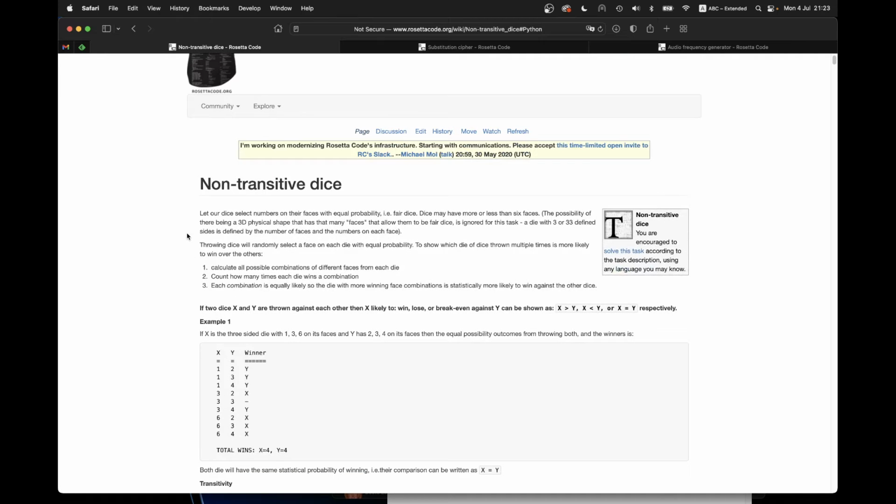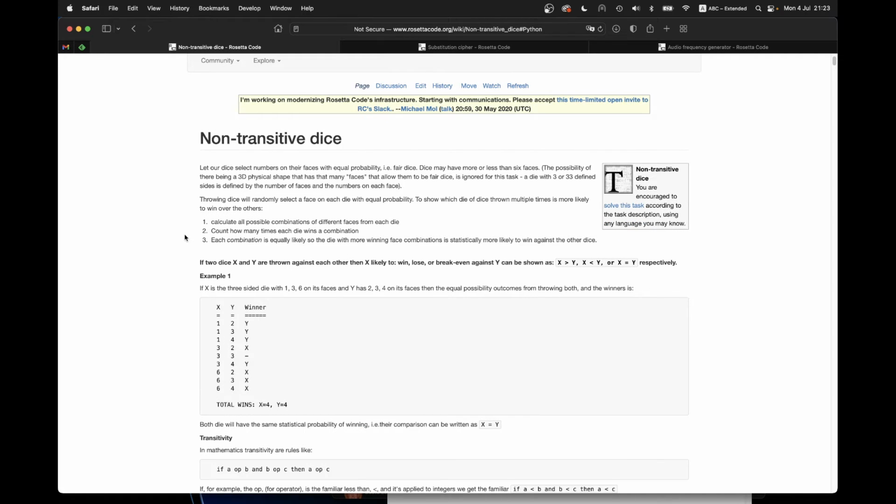All right, this had an interesting title. Non-transitive dice. Let our dice select numbers on their face with equal probability, i.e. fair dice. Dice may have more or less than 6 faces. The possibility of there being a 3D physical shape that has that many faces that allow them to be fair dice is ignored for this task. A die is defined by the number of faces and the numbers on each face. Sure. Throwing dice will randomly select a face in each die with equal probability to show which die of dice